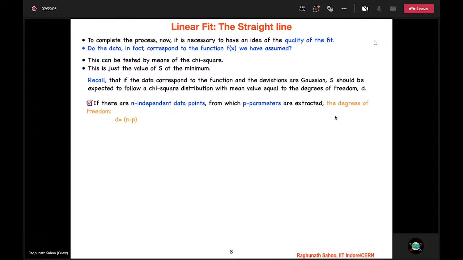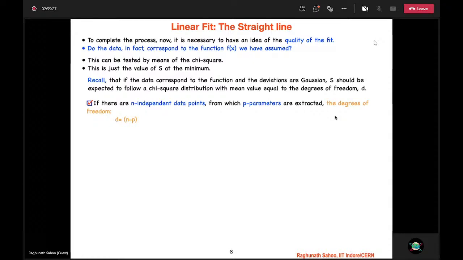Sir, I have a question. Sir, where can I find an example for how the error propagates in a least square method? Error propagation in the least square method. You need one example. You see,